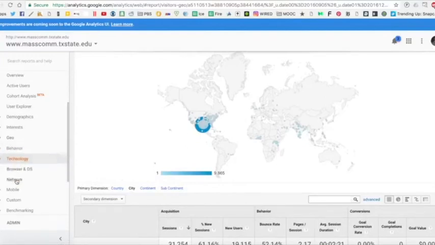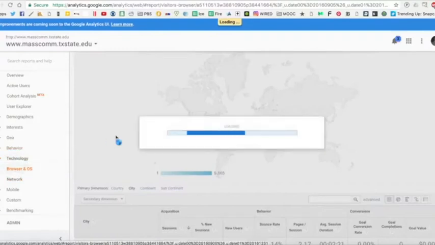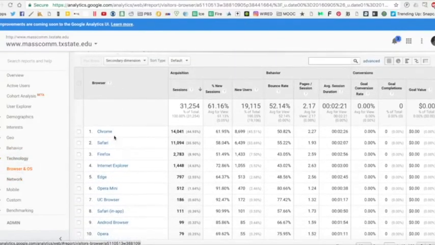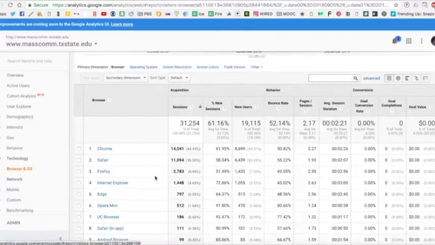If you click right here to technology, you can see which browser people use to view your site. So Chrome is number one, Safari is second. Probably tells you that you're getting a lot of people either using Macs on campus, which we know to be true, or using their phone perhaps down here with other Safari options. Firefox, and you can see Internet Explorer is fourth. I've mentioned Internet Explorer a couple times in class as being a problem for web designers. This is where you get to know if a ton of your people are coming from Internet Explorer. You need to make sure that your site works in Internet Explorer.